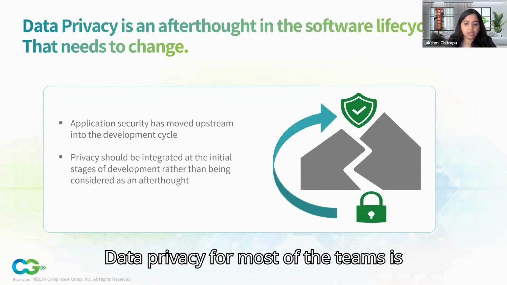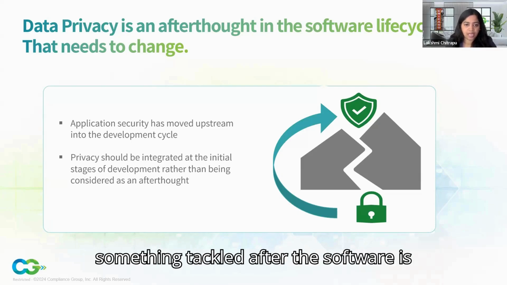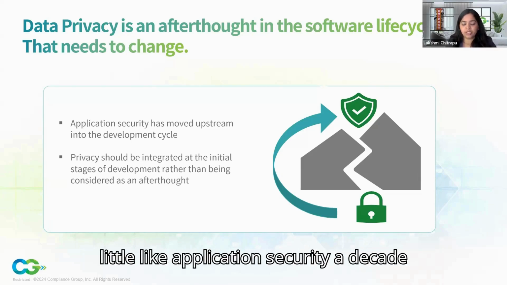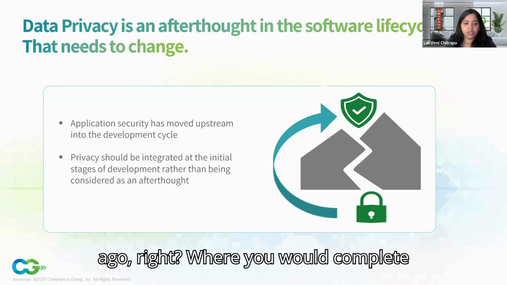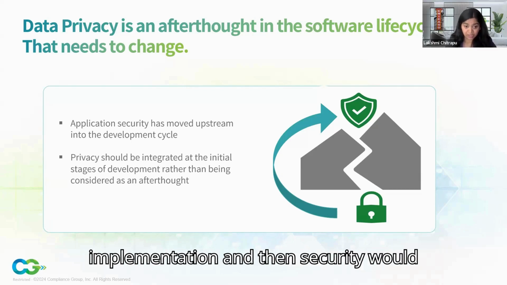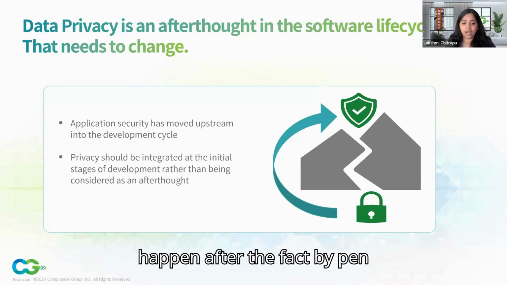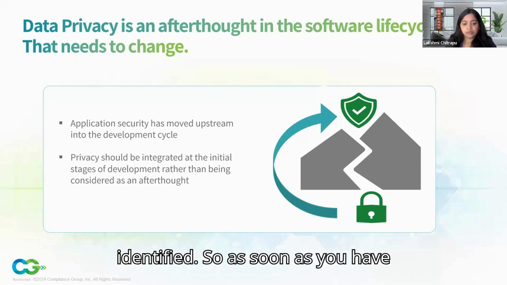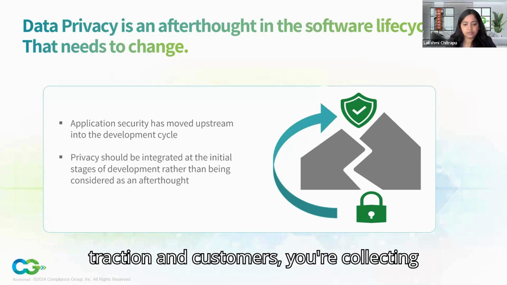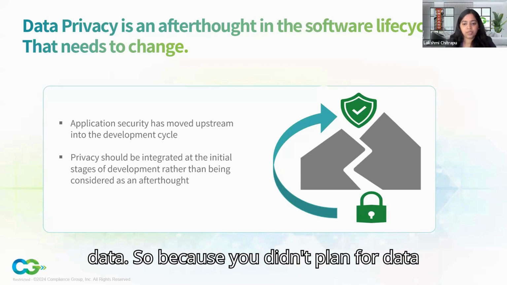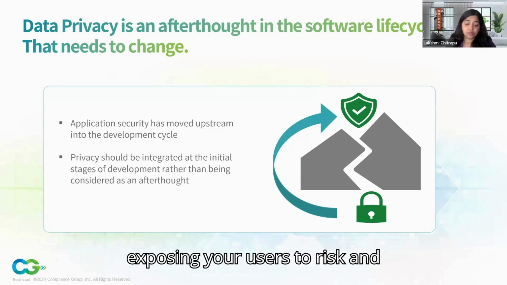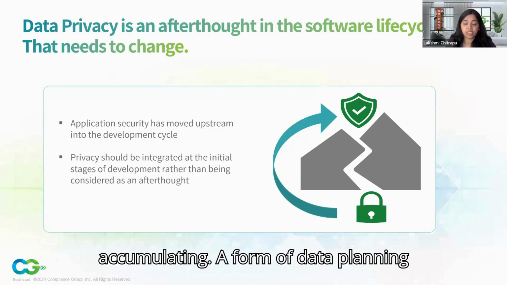Data privacy for most teams is something tackled after the software is shipped to production, right? It's a little like application security a decade ago, where you would complete implementation and then security would happen after the fact by pen testing and fixing issues as they were identified. So as soon as you have traction and customers, you're collecting data. Because you didn't plan for data privacy before, now you're instantly exposing your users to risk and accumulating